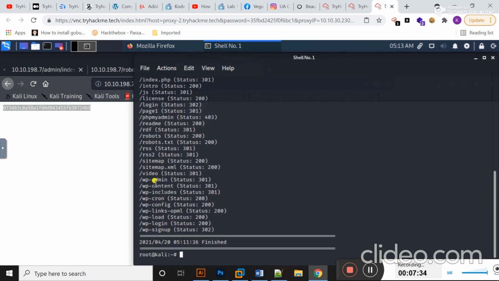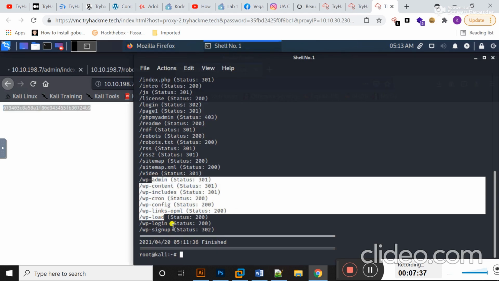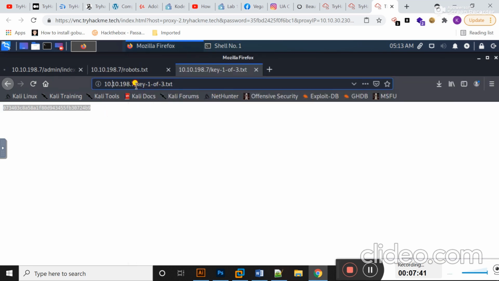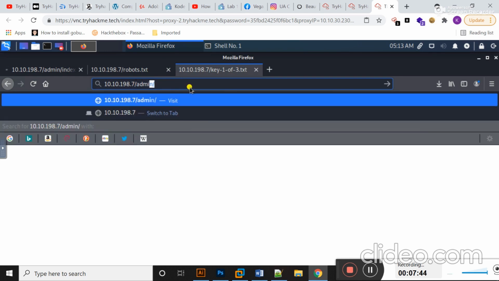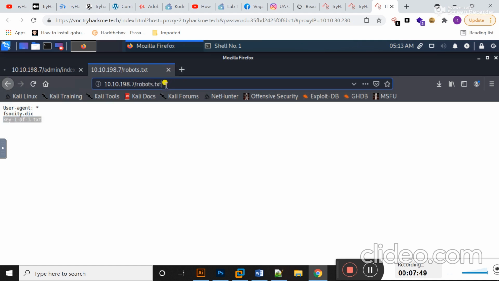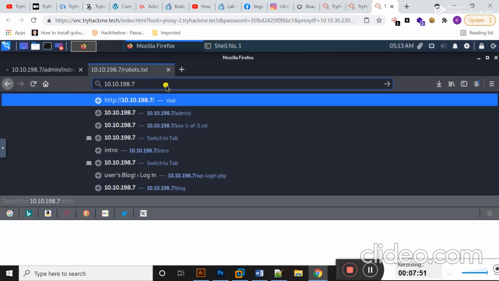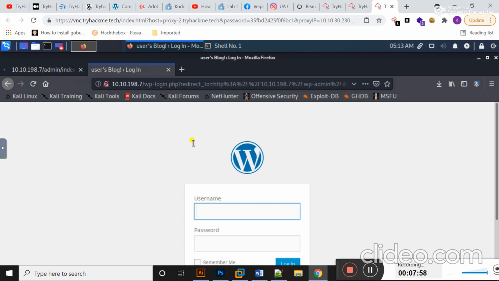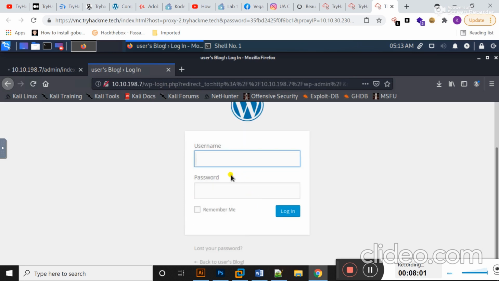Students, here you can see a lot of pages are now in front of me. If I check here, in order to log in to this page, definitely I should have a valid username and password, but right now I don't have any.